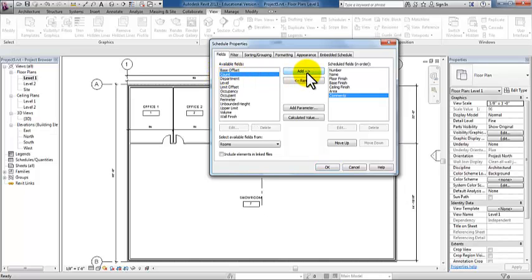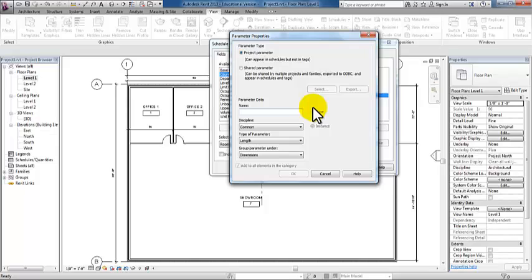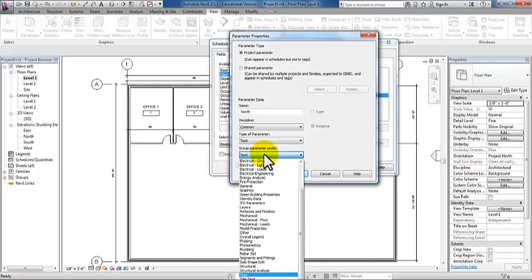Now if we wanted to, we could actually add more fields. So we might want to create here a parameter. Go ahead and click add parameter. That might be called north, so that you can break it down to the different wall finishes. And if you type in north for the name, but the type of parameter here in this drop down is going to be text, and then it will put it under the group parameter text and create in the properties